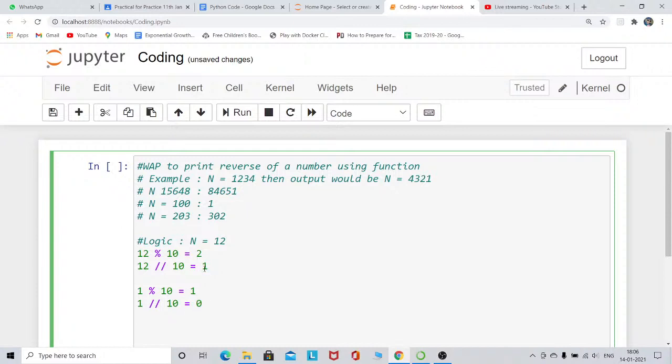Now what I have to do: I have remainder 2, then I have remainder 1.